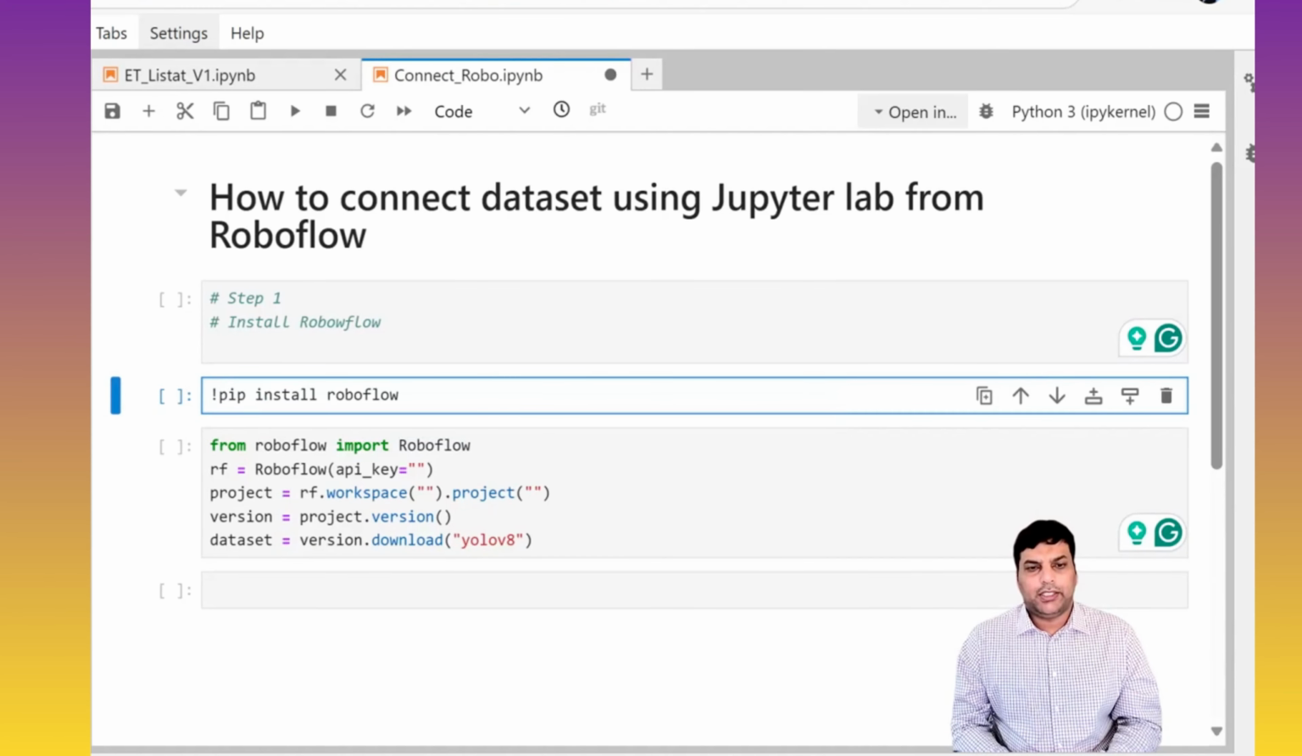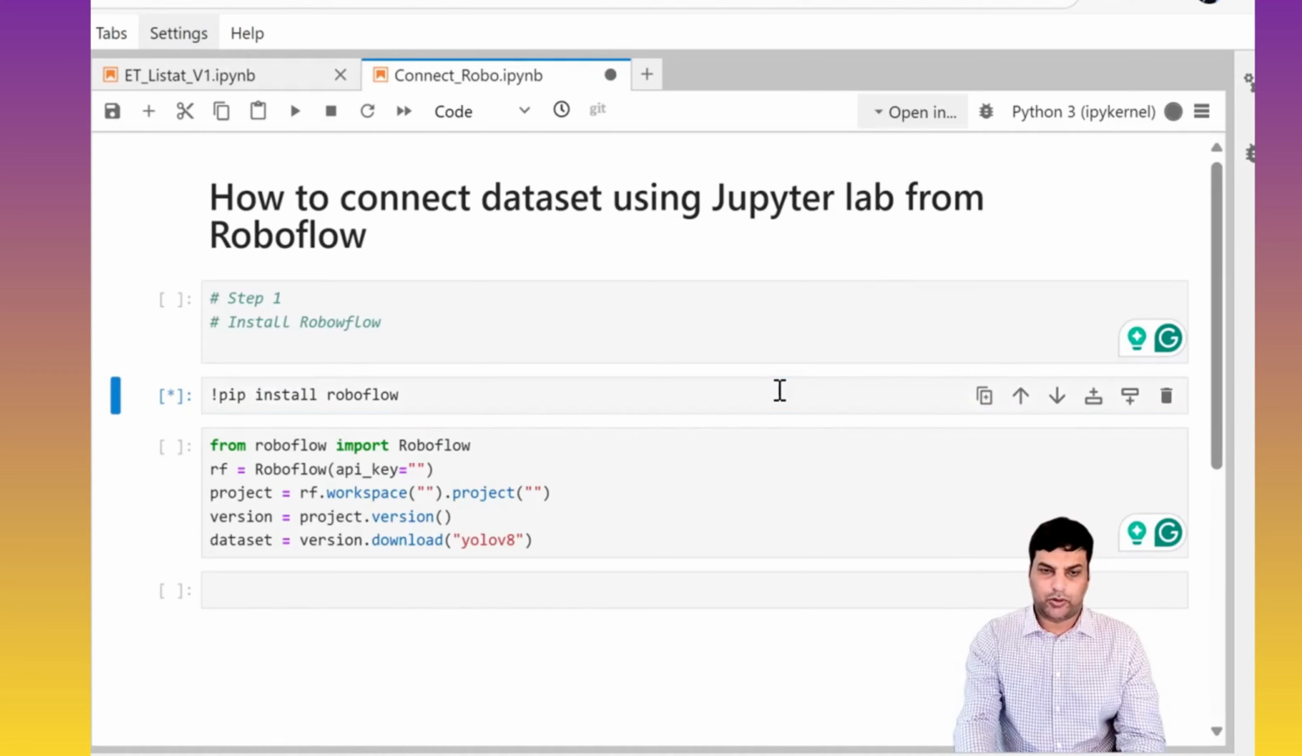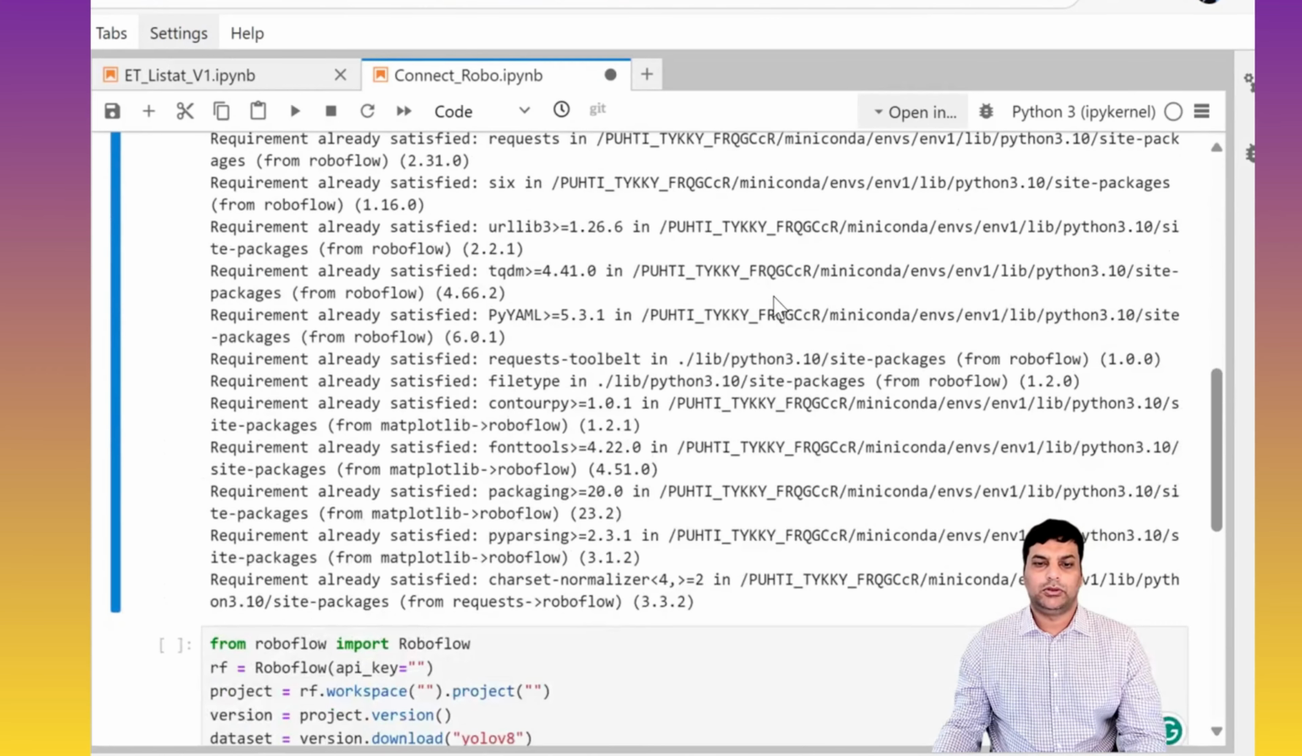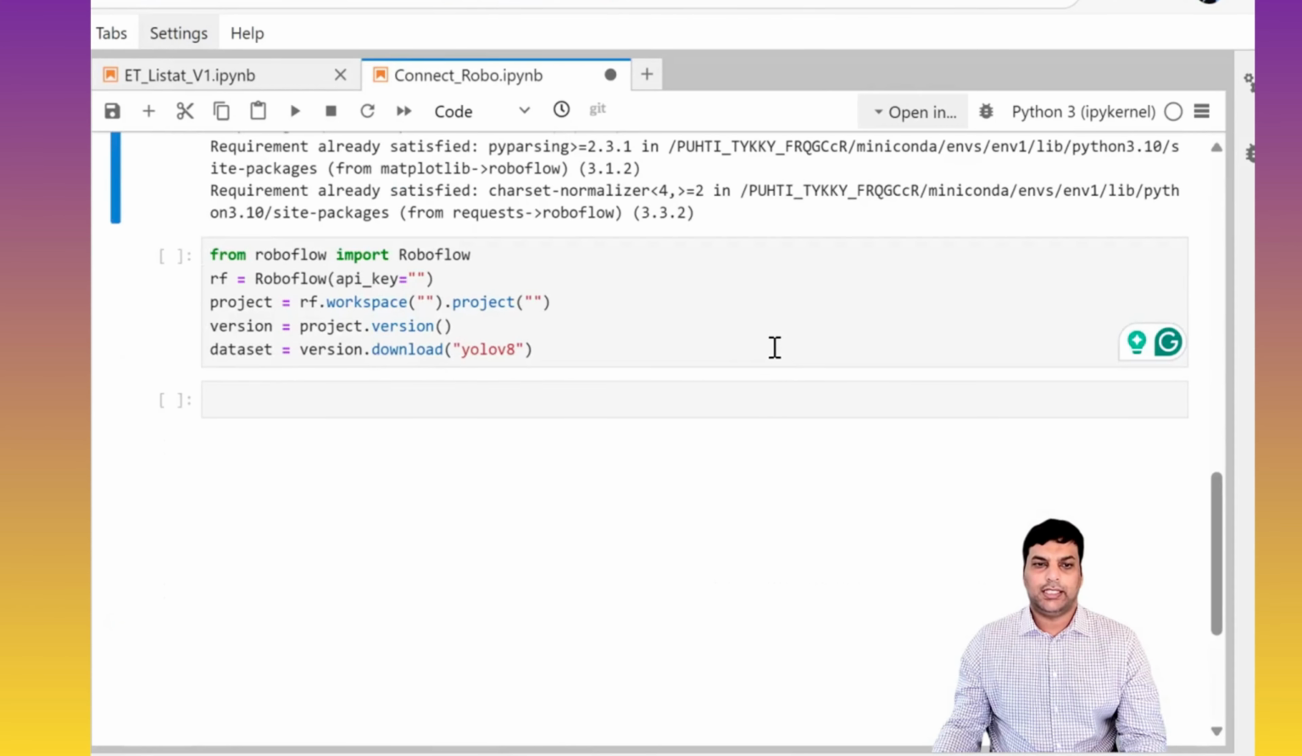So the first thing you need to install on JupyterLab is pip install roboflow. So this is like the first step. So let's start the Roboflow. Once we install Roboflow, the next step